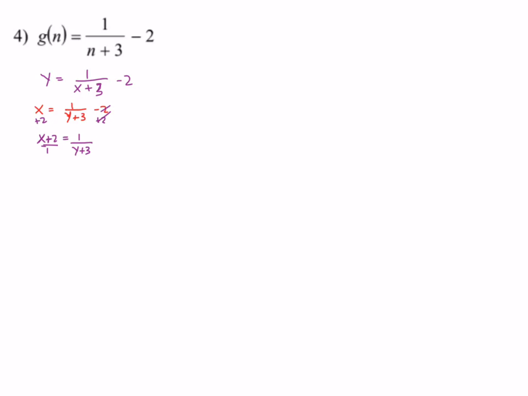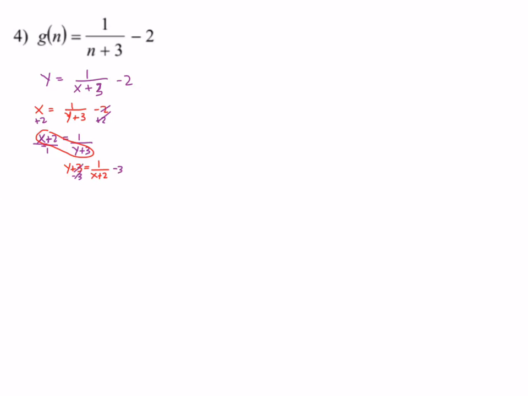Now, here's a cool trick I'm going to teach you guys. Notice how I have x plus 2 on the top, y plus 3 on the bottom, which you could cross multiply, set them next to each other, and divide by x plus 2. But here's a cool trick with proportions, if it helps you. These two terms can just switch places all in one step. So I can write y plus 3 equals 1 over x plus 2, just like that. What crazy talk. And then, simply, I just have to subtract 3,